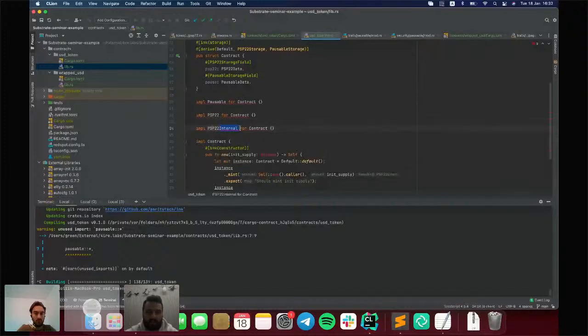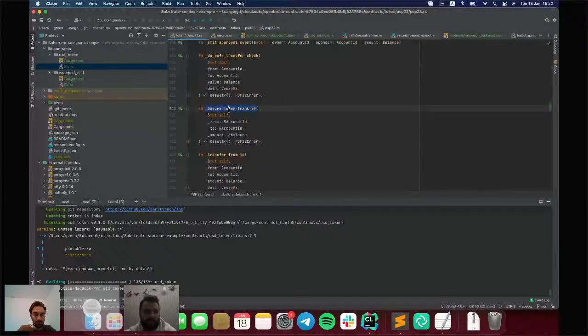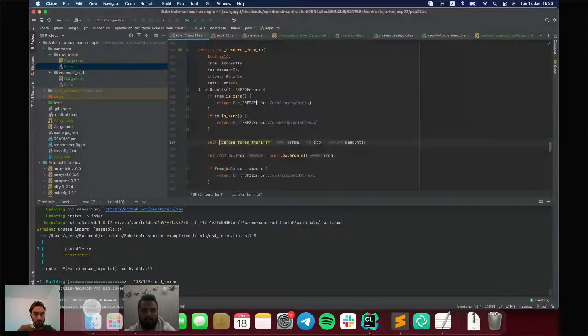So, for example, here the internal trait contains before token transfer. That method is called before each transfer of PSP22. So we have the transfer from method, and before each transfer, we will call that function.